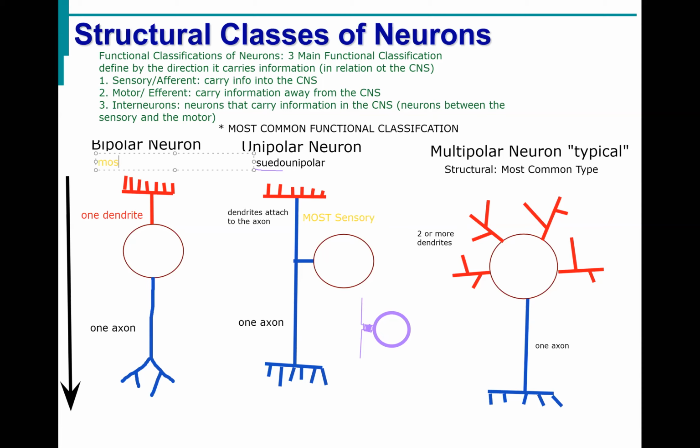Bipolar are the most rare of the types, and they are only used in special sensory pathways. So you see them associated with the eyeball, with the ears, with smell, things along those lines, taste. Only are special sensory. The rest of the sensory are unipolar. And of course, that therefore means that all motor and all interneurons